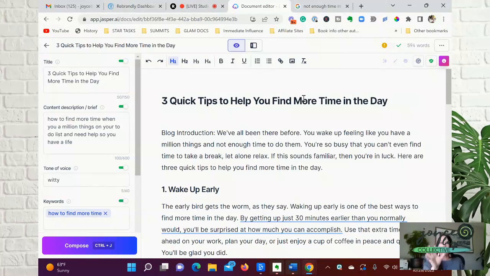Now, the cool thing is, since we've done this, Jasper has taken this and it's over in my stored documents. So I don't have to worry about if I didn't get this downloaded off the platform, then it takes it and stores it for me. As you can see up here in the corner, 3-minute reading time, 5-minute speech time.